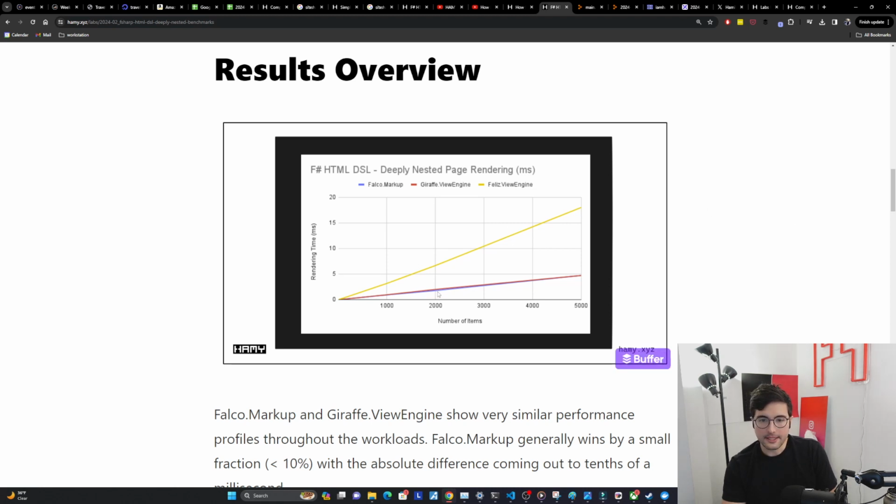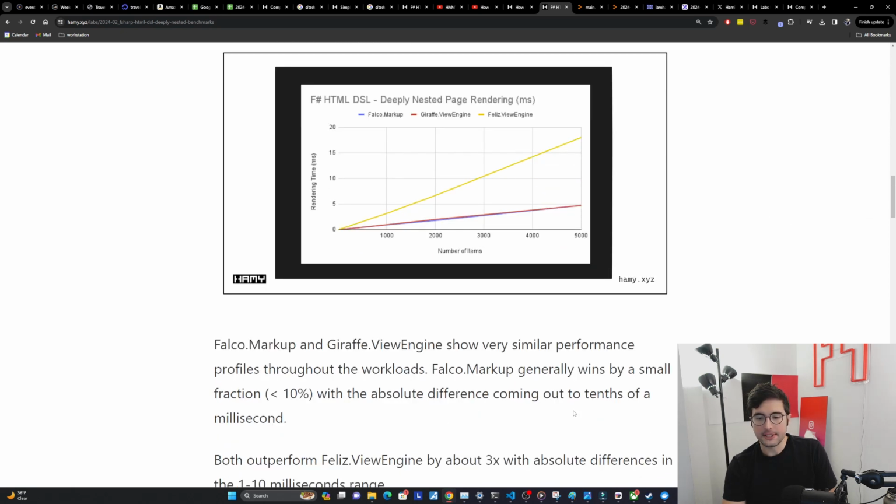Now the absolute difference here is in the tenths of milliseconds, and so that's very small for HTML rendering purposes. We can almost assume it's just margin of error. So basically the same, but definitely Feliz.ViewEngine is slower. And the difference here, on the high end, is about 10-ish milliseconds, and on the low end we are at like 1 to 5